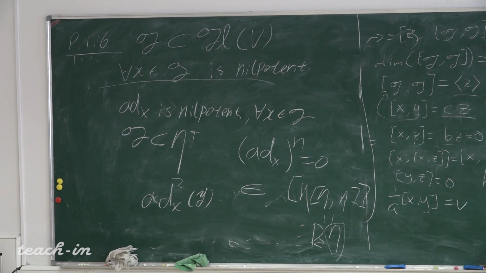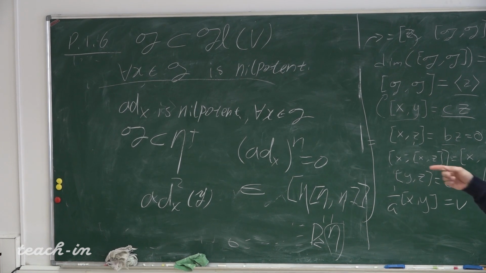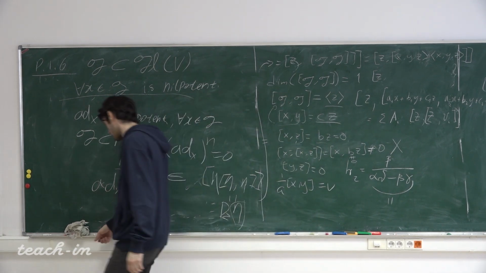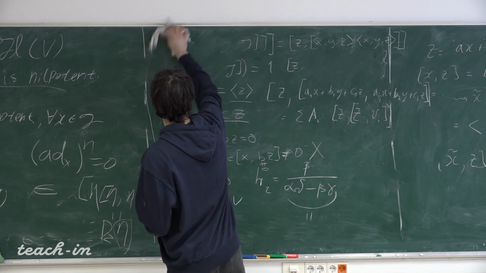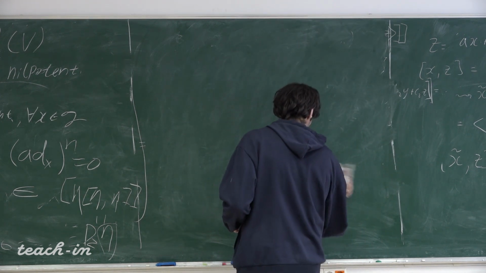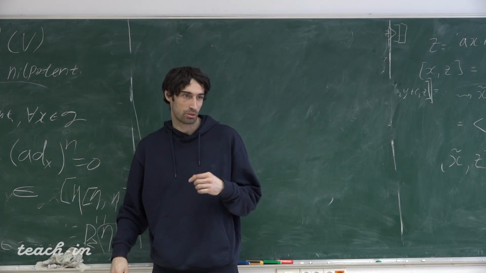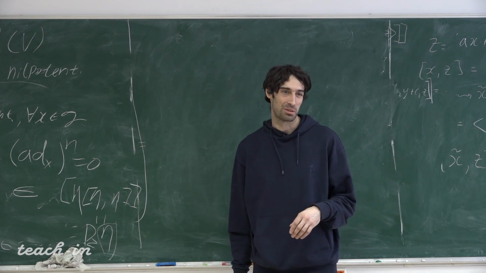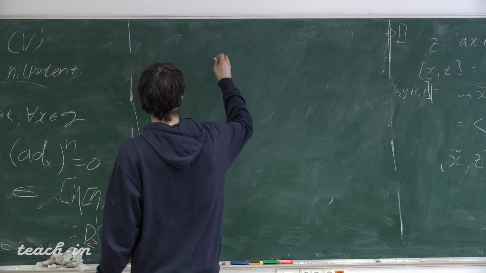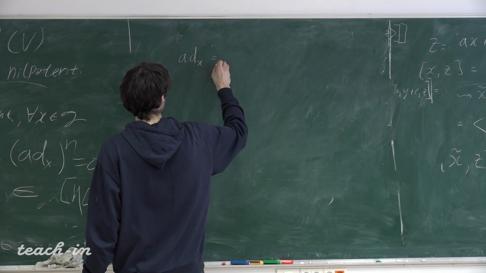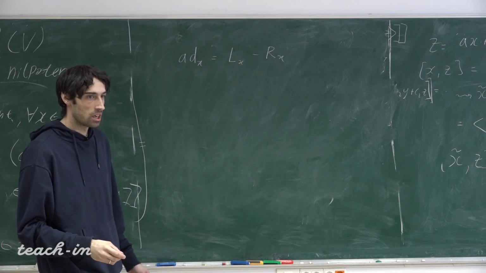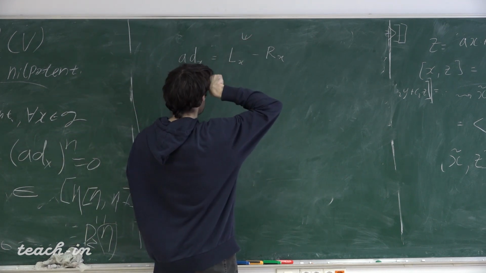Also, there is a proof without using Engel's theorem. Actually, in Serre's book, this statement is used to prove Engel's theorem, and you can see it directly as follows. There is no proof of Engel's theorem in Kirillov's book. So if you go to Serre's, which Kirillov recommends to get all missing parts of his book, actually you have ad x is Lx minus Rx, where these are linear operators